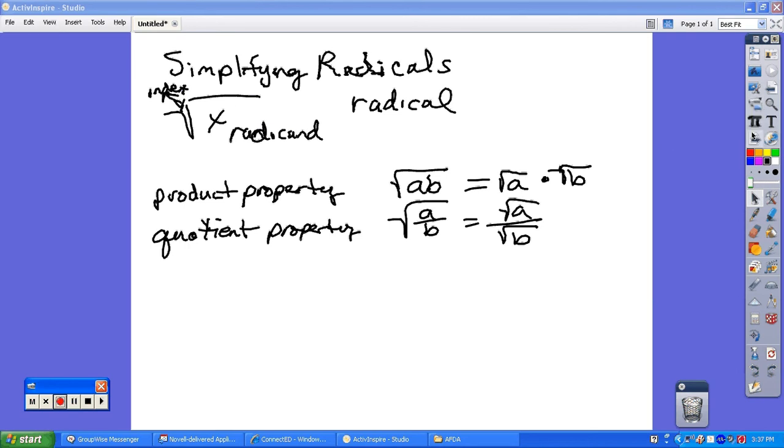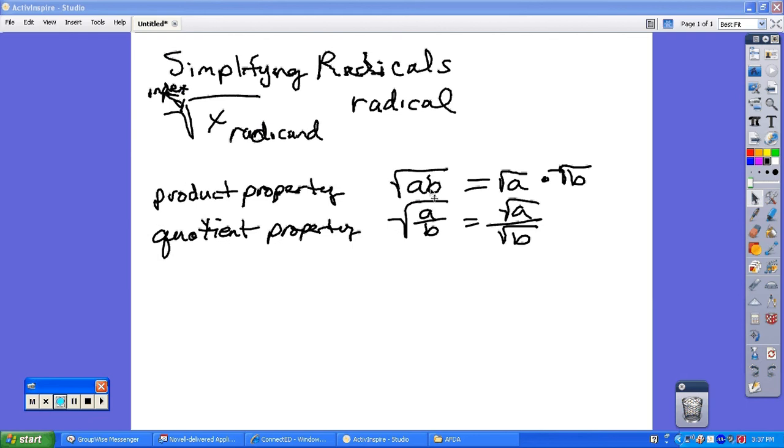So what you're seeing here is Simplifying Radicals. This symbol here is called a radical. The number underneath is called a radicand. And this number, which we don't normally see when it's a square root, is called an index. If it's anything other than a 2, we write it. Otherwise, we don't. There are two properties that go with this, and one's called the product property, and keep in mind the numbers have to be positive,